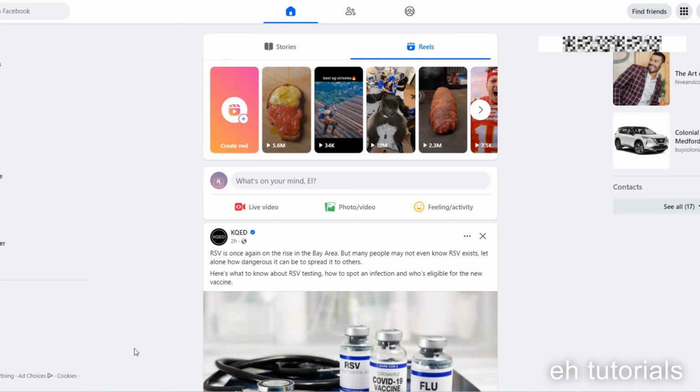How to delete or deactivate your Facebook account in 2023. It's a very easy process. Let's get started. So the first thing you need to do here is click on the top right where your